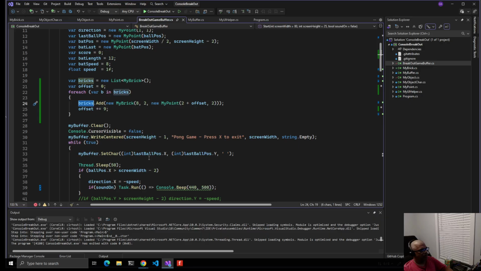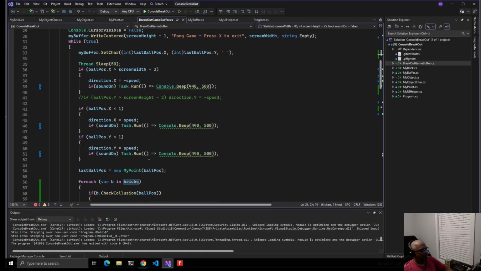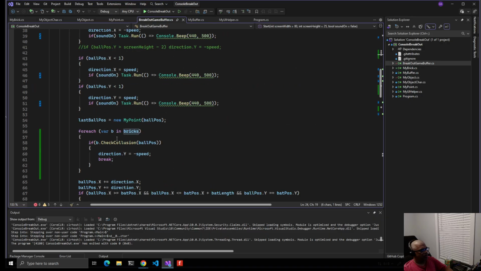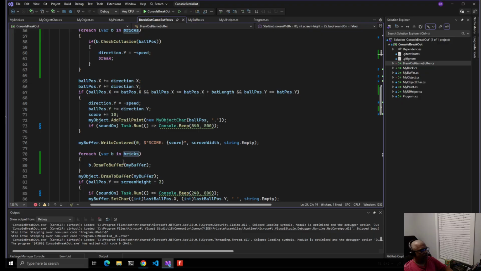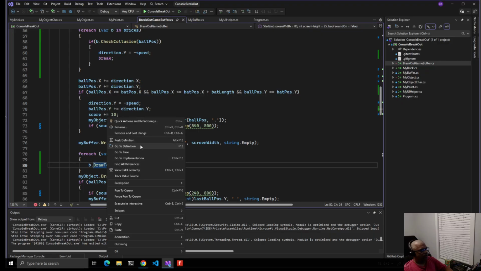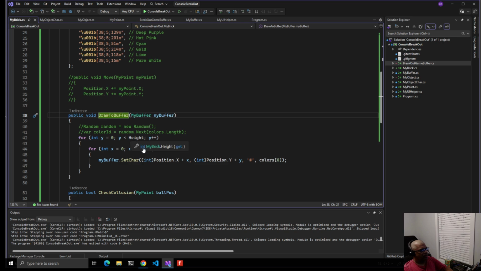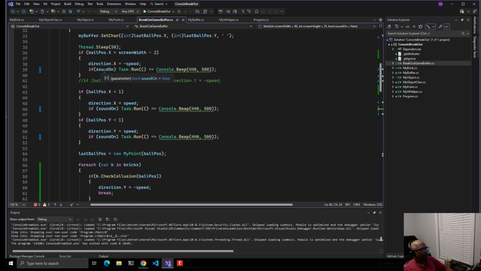Add the bricks. Check the collision. Okay, should be. Let's